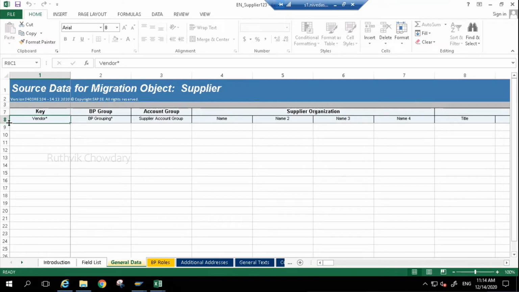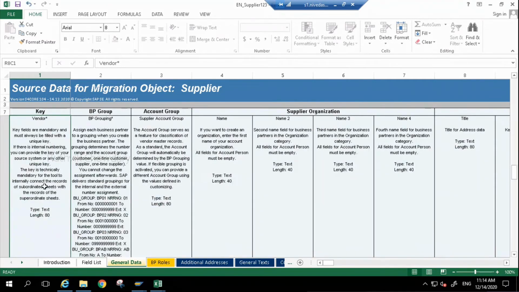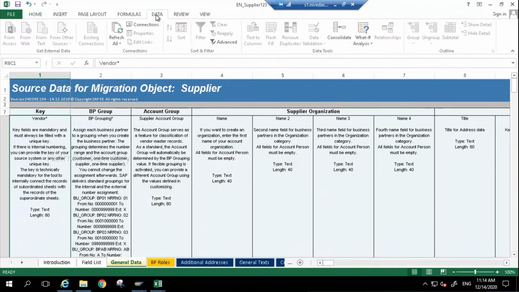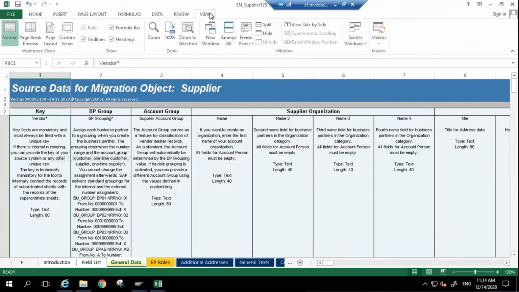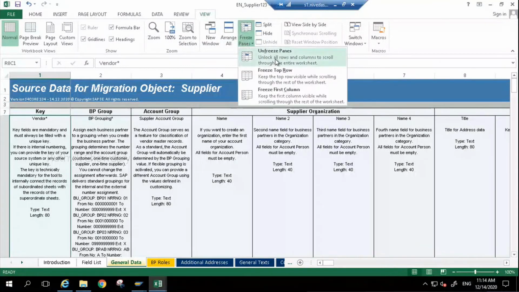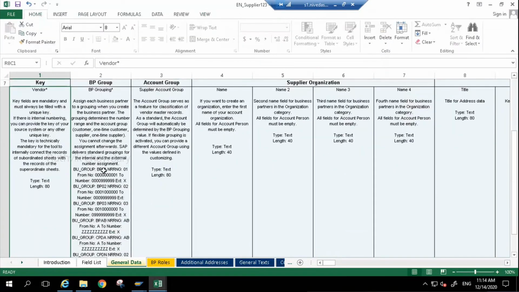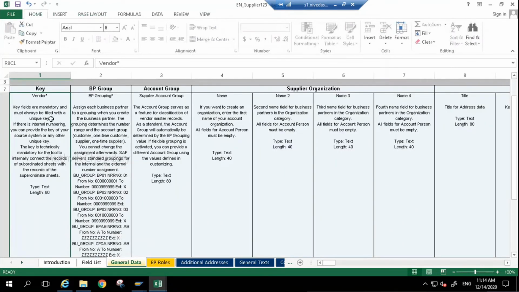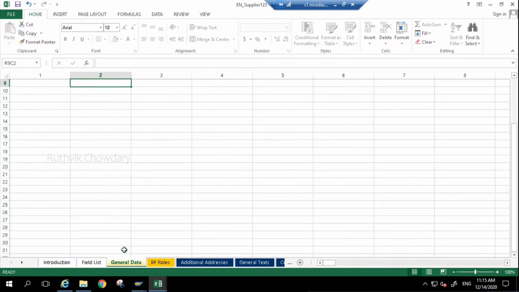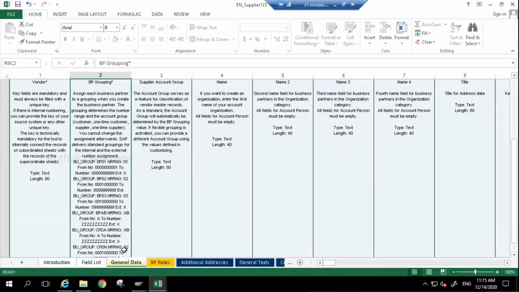Once you expand row 8, you will have further information. Apart from the data you are seeing, there are a few more fields. See, business partner, BP grouping. If you want a particular type of number range, you can give that number grouping over here.